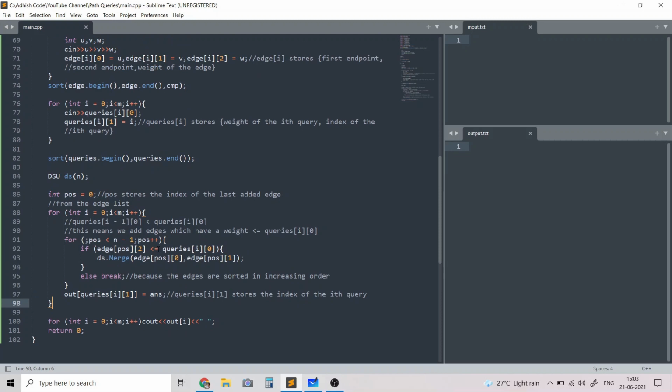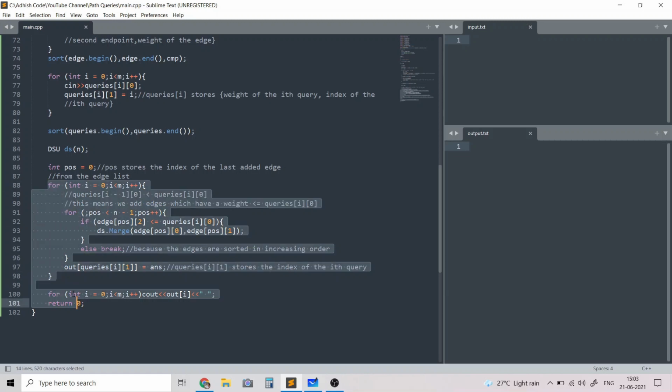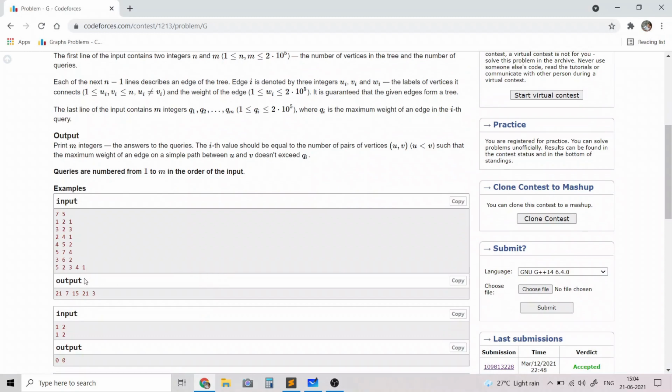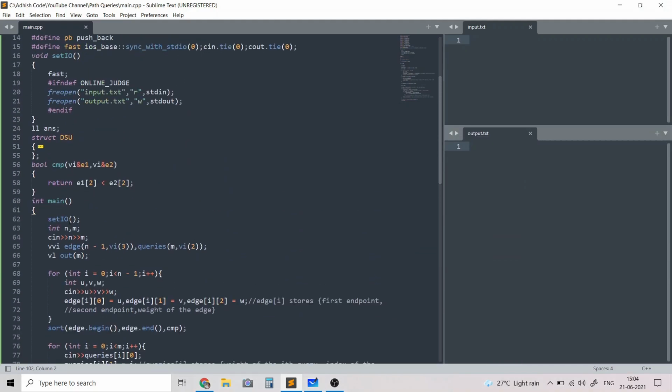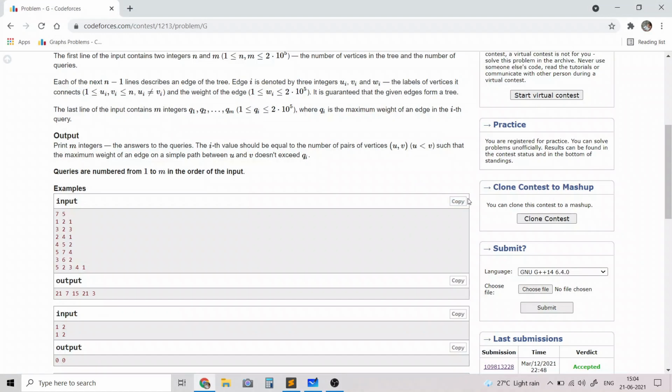And once we calculate and pre-process and once we basically compute the values of the out array, we'll print them with a space. So let's just check that this code works on the sample test cases.